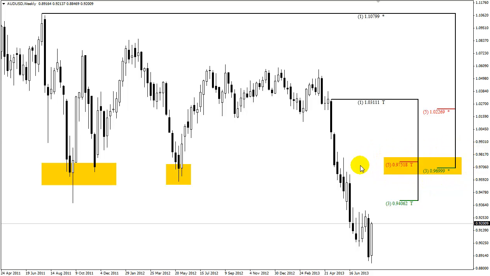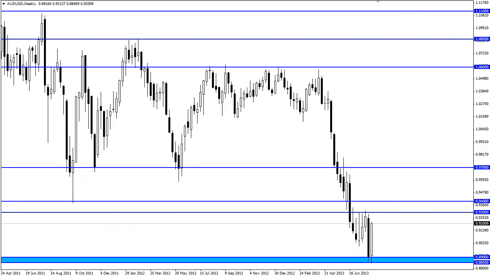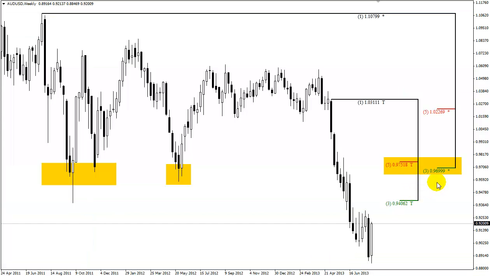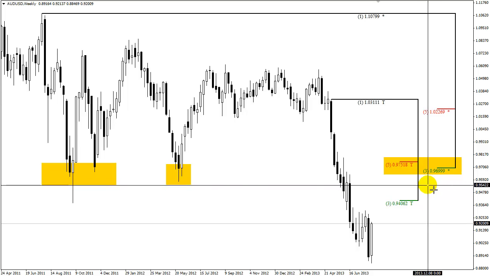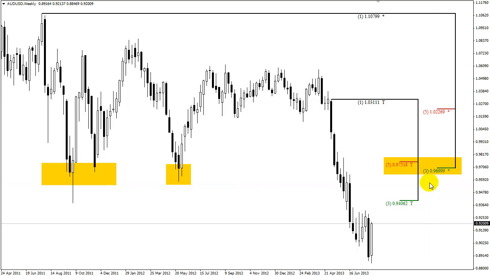of the confluence resistance, the confluence of Fibonacci resistance, the 38, the 618. This is the confluence resistance zone, and take a note that this confluence zone is also the zone of the previous patterns, the classical technical analysis support and resistance, and as we can see here, this will be the area around the 0.97. So for the targets, we can have the target in the area of 0.9575, or even the 0.97, 0.9750, which will be the confluence